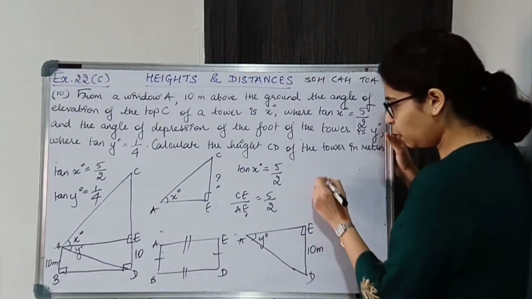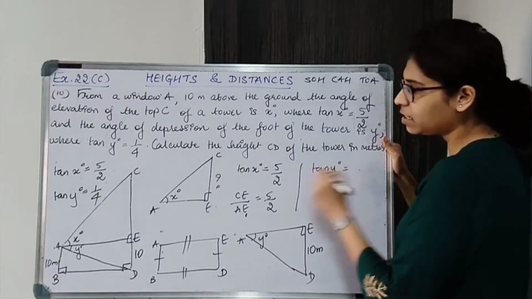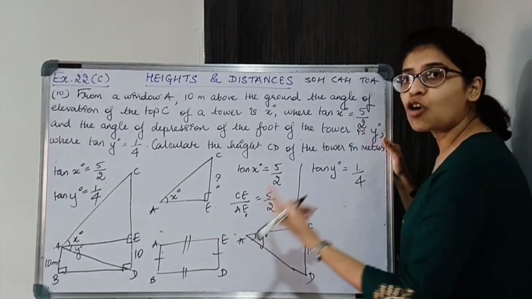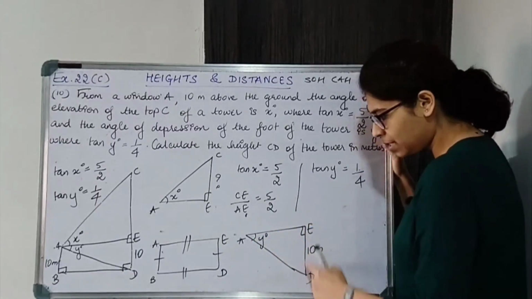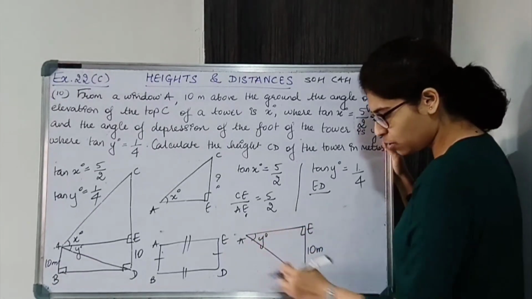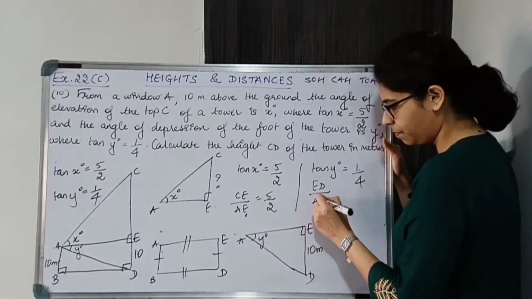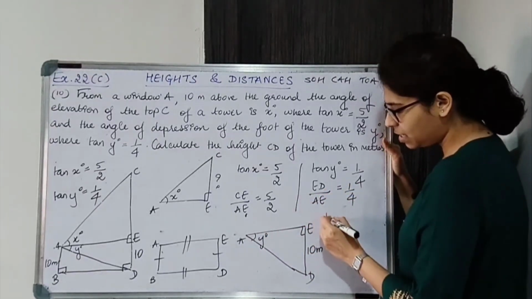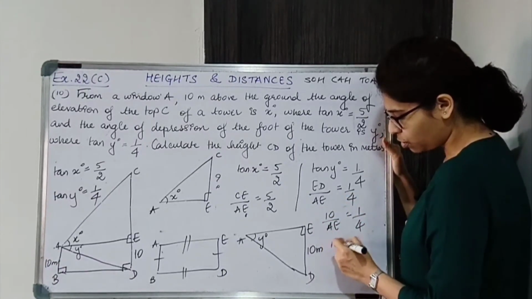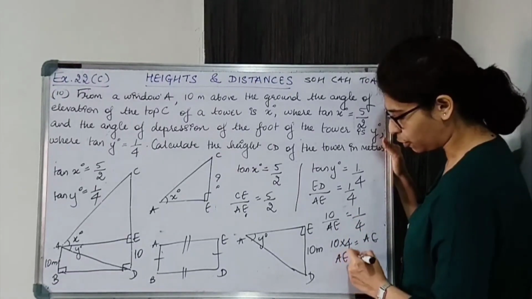Now if you use trigonometric ratio over here, tan y is 1/4. Now what is tan of the angle? It is opposite upon adjacent. Angle का opposite is ED and adjacent कौन सा हो जाएगा? AE. Correct, this is तो hypotenuse, ये adjacent हो जाएगा, so angle का adjacent is AE. Now ED is 10, so just cross multiply, तो हो जाएगा AE into 1 AE. So AE मिल गया, it is 40.